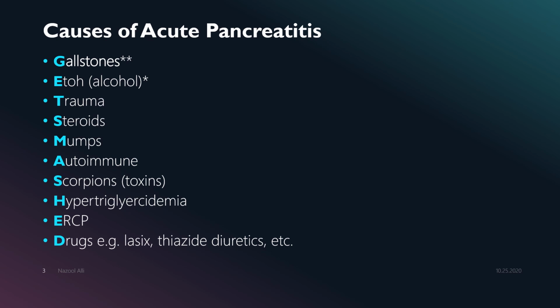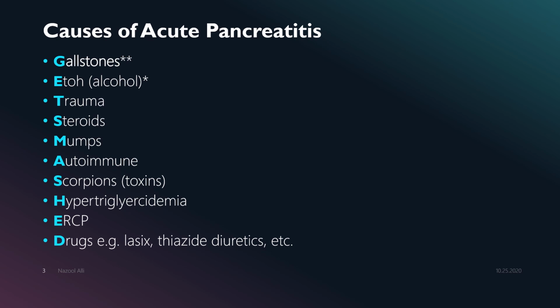So gallstones, ETOH stands for alcohol, so chronic alcohol abuse, trauma, use of steroids, mumps, autoimmune diseases, where usually the etiology could be idiopathic, scorpion stings or toxins, increase in your triglyceride levels, ERCP, drugs such as Lasix, thiazide diuretics,